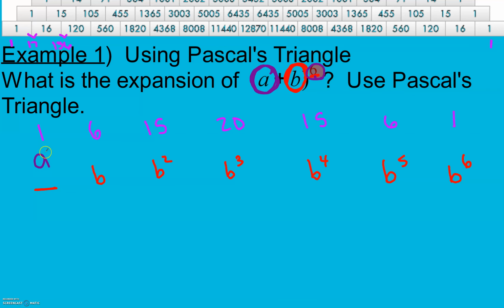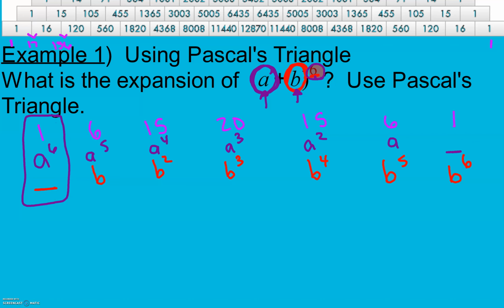A to the 6th, a to the 5th, a to the 4th, a cubed, a squared, a, and none. So each column gets one term from each of the left and the right monomials in my binomial. The one on the right starts on the right, the one on the left starts on the left. Now we're going to multiply each of these columns together, and that's going to give me a term in my